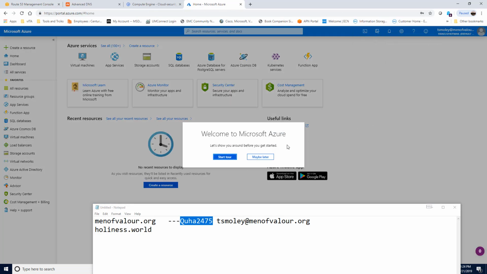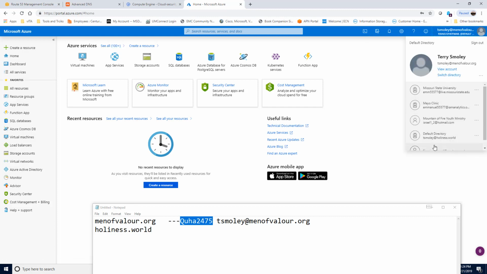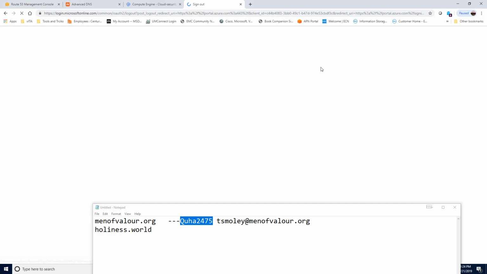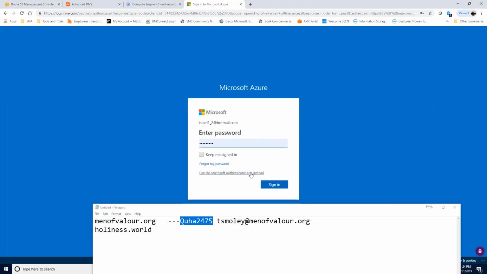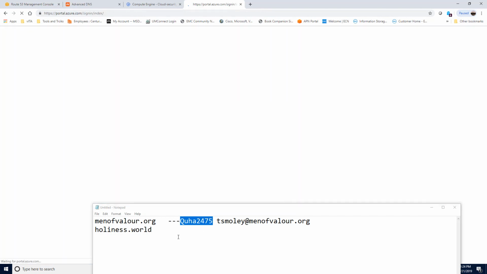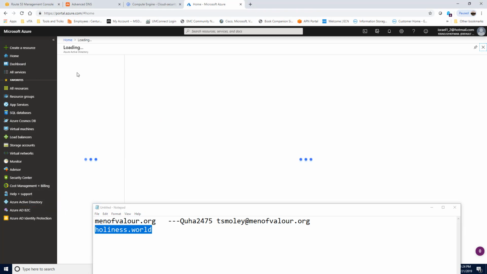Now I'm logging on with Terry Smalley that I've just created. That's very important. I'm going to log out again. Just want to test the account. I'm going to create another account now using Holiness World. That's the second domain. I need to create another user account there for this particular user, and I'll do that by going to Active Directory,